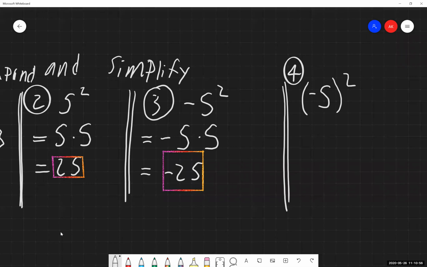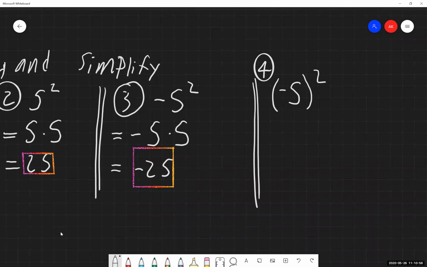Now in the last example, number 4 over here, it's the same as saying, okay, what is being raised to the second power? Again, we need to correctly identify the base with all these exponents. And I know I'm spending an extra amount of time on this, and maybe you're listening to this going, okay, it's obvious, I get it. I can't stress enough how imperative it is that you correctly identify the base of the exponents now and moving forward.